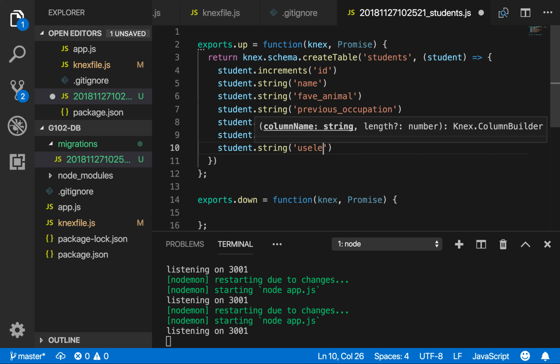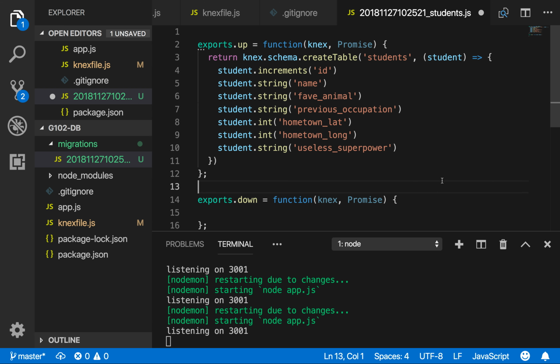Student.string, useless superpower. Cool. That's all of them? Great. Right, the syntax is pretty straightforward. It looks weird the first time you see it, but this is the hard part right here. This Knex.schema.createTable, you do it enough times, you won't have to think about it. But now you just need to remember that exports up is creating your table, and exports down is dropping your